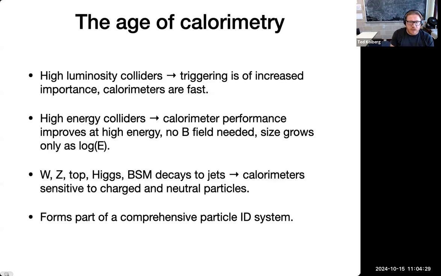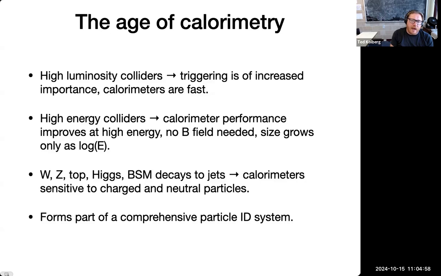So you still see in some collider experiments dedicated particle ID systems. For example, at the LHC, ALICE has a dE/dx-based particle ID system. Some of the B-physics experiments, like BaBar at SLAC, had dedicated Cherenkov ring imaging systems that were able to do particle ID over a wide momentum range. But the typical experiment that I have in mind, like UA1 or CMS, doesn't have a dedicated particle ID system,